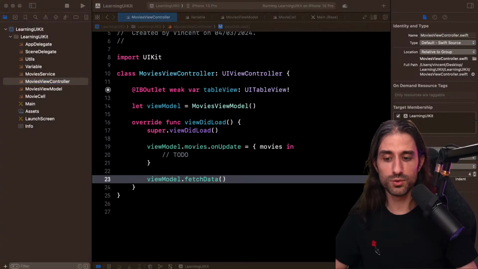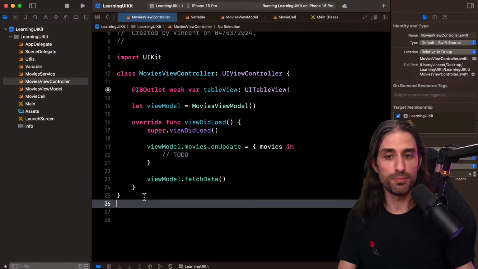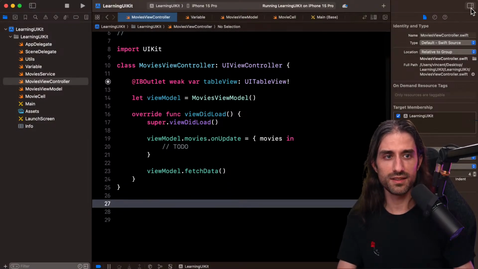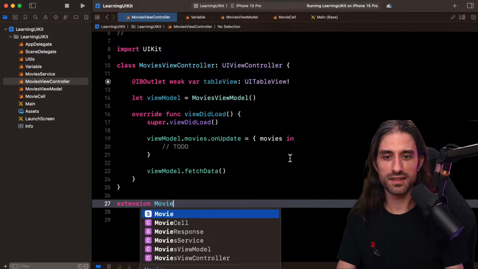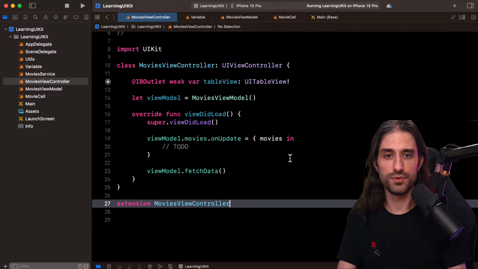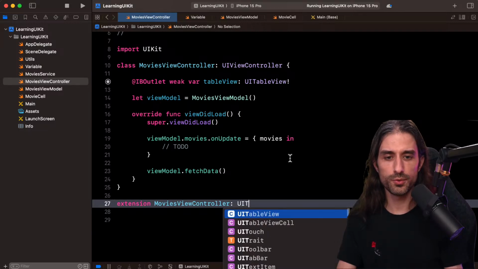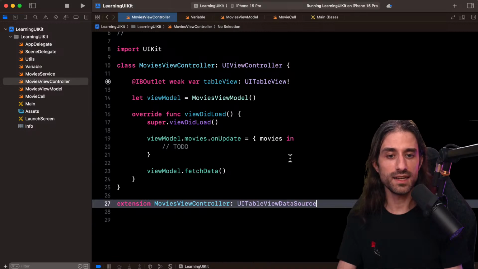Now, all that we need to do is to actually allow the table view to retrieve its data. And the way that you do it is by implementing a protocol. So I'm going to create an extension of my class movies view controller, and I'm going to make it conform to the protocol UITableViewDataSource.